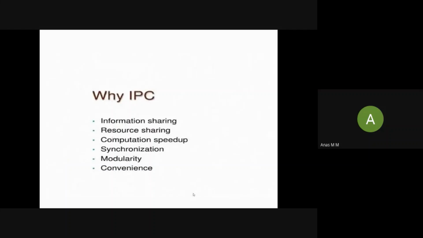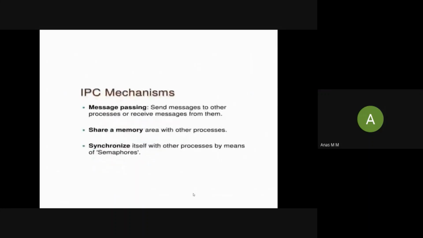These are the needs that we mentioned in the last class: information sharing, resource sharing, computation speedup, synchronization, modularity, and convenience. Then we discussed the mechanisms, message passing and shared memory mechanisms in interprocess communication. And to synchronize the processes, we need a semaphore.